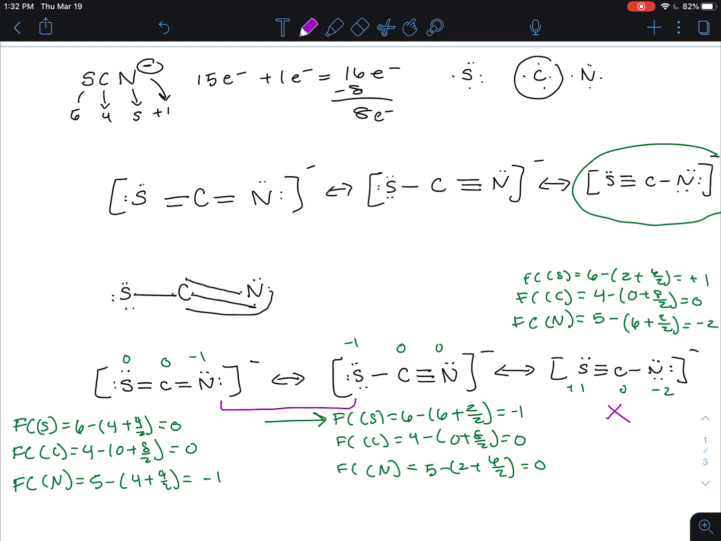Now, which one is my better structure? Definitely not this because I have higher formal charge. Between these two, which one is my better structure? It occurs when the negative charge is on the more electronegative element. Which structure is that? The first one. Nitrogen is one of the most electronegative elements. It's more electronegative than sulfur, so the fact that the negative charge, meaning that we gave the electron to the nitrogen, was